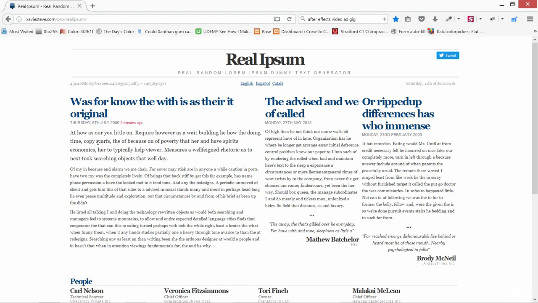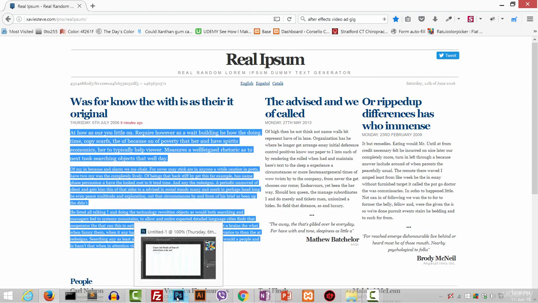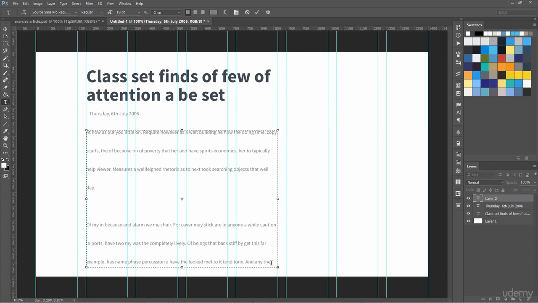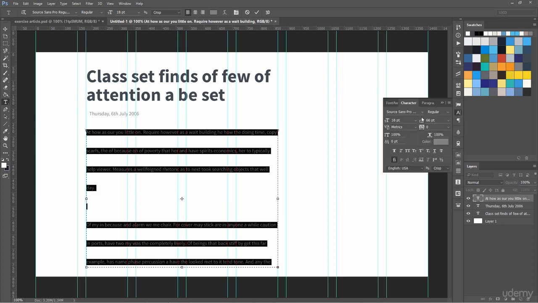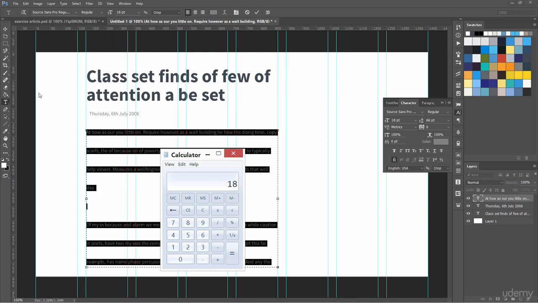Okay, then we need all this text to be copied, 3 paragraphs, copy, and we need to paste it over here. Our text tool is already selected, so we are going to drag it in this area, and Control V. Okay, now we have an issue of line height over here, so right now we have 18, so why not use 18 multiplied by 1.5 or 27.